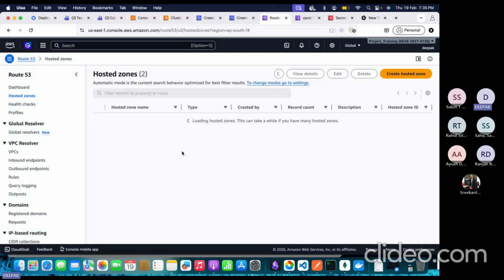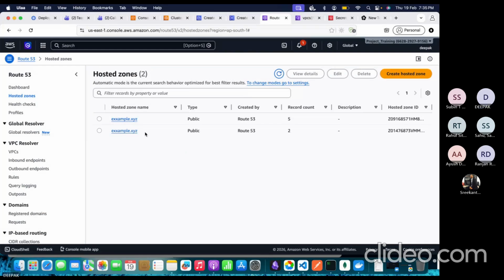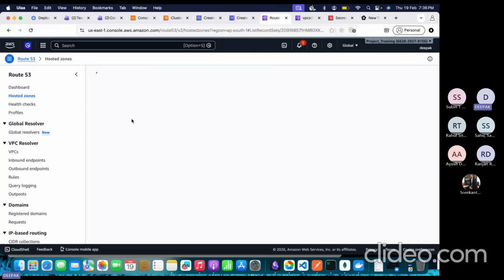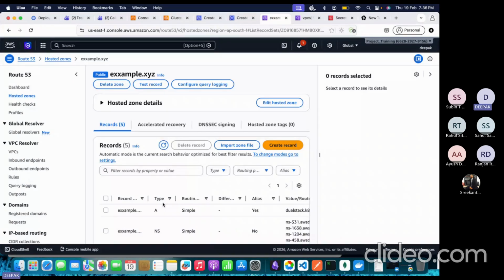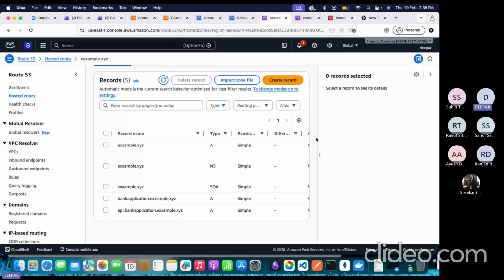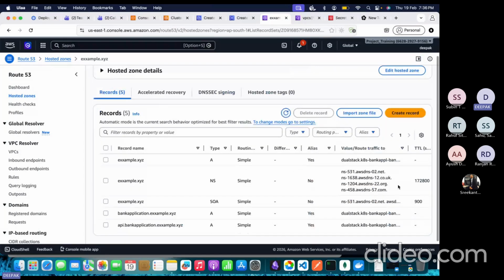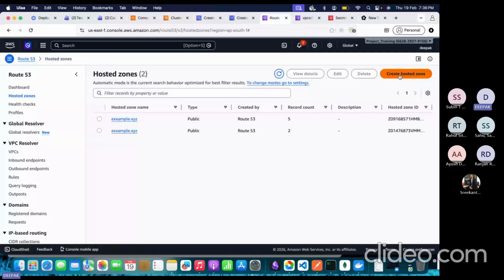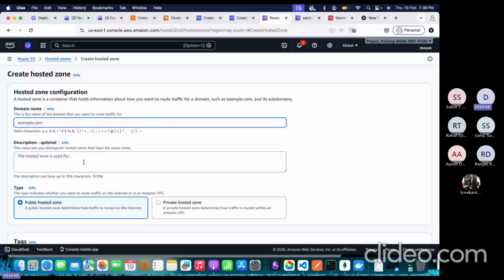If you see carefully here, I have mapped everything. I have deployed this public hosted zone. How do you deploy a hosted zone? You just go here, enter your domain name, choose public hosted zone,